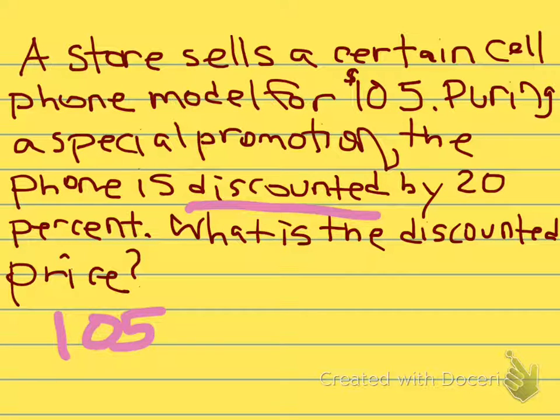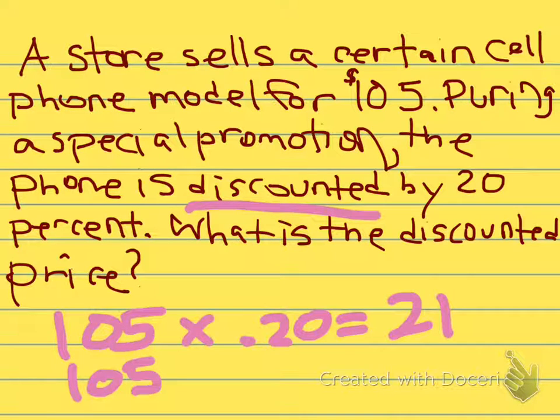During the special promotion, the phone is discounted by 20%, so I'm going to multiply by 20%, but as a decimal, so 0.20. That gives me 21. Since this is discounted, I'm now going to take the 105 and subtract the 21 to get my total price